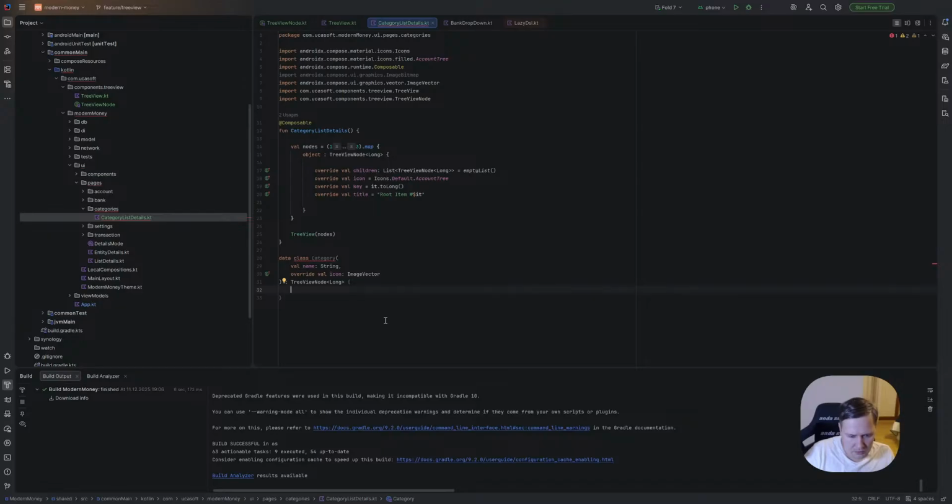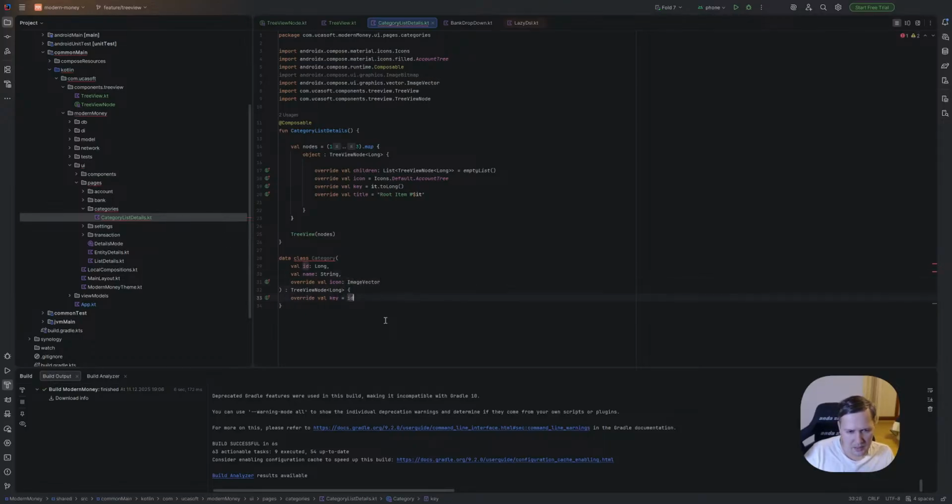But what else do we need here? We need key, which will be something like ID. Yeah, so let's put it for now: we have ID, it's long, so here key will be ID.